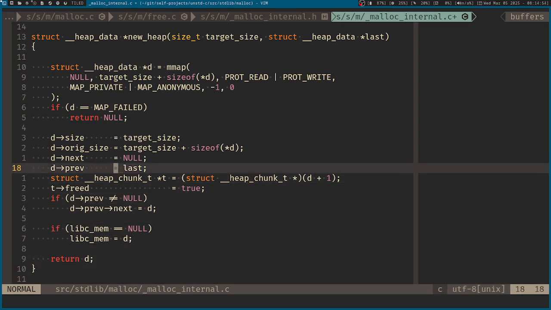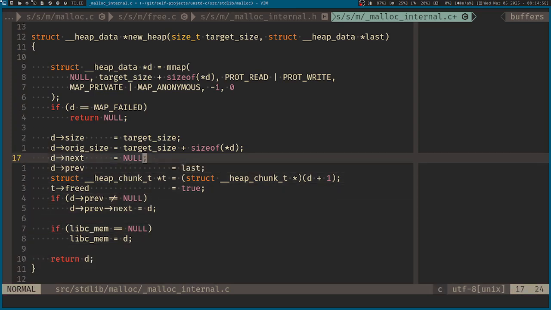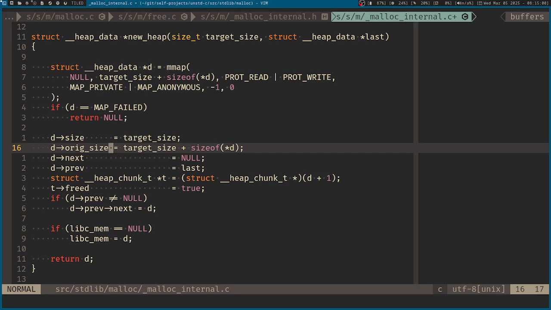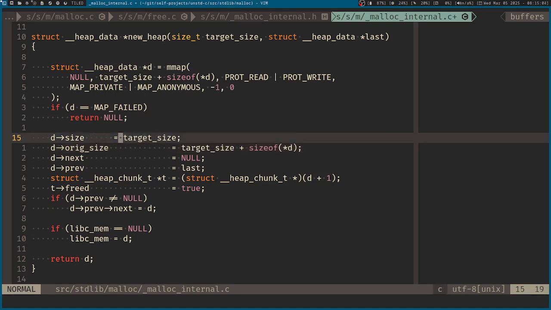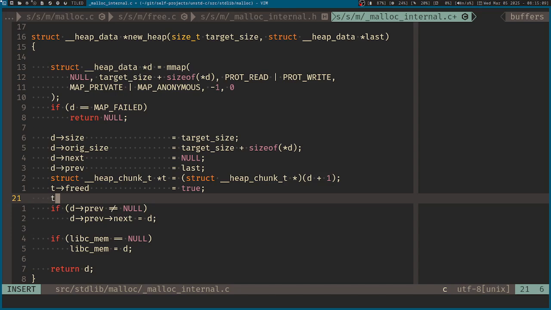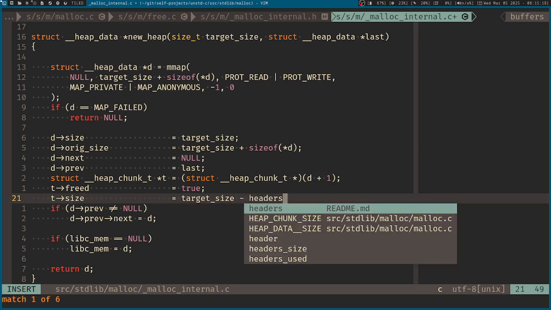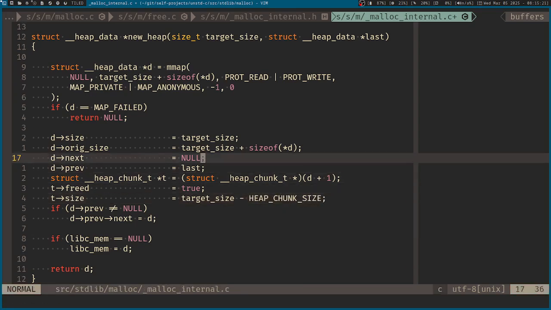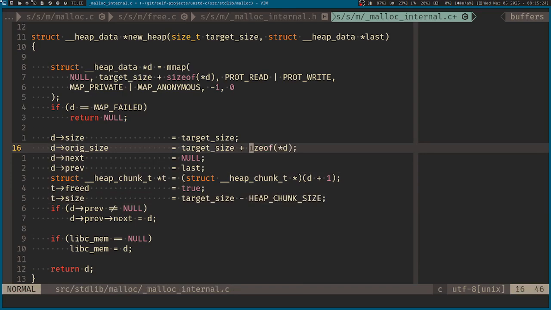And what else am I missing? I guess the size of this first chunk that we've created. So size, we can make this the target size minus the heap chunk size for the headers,